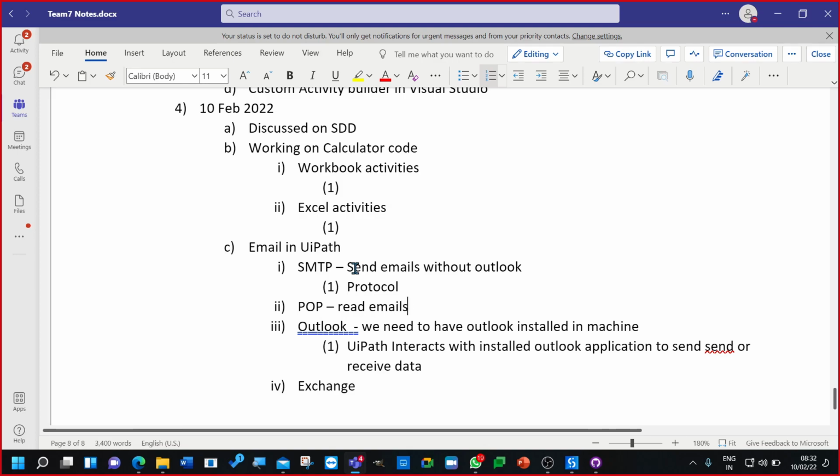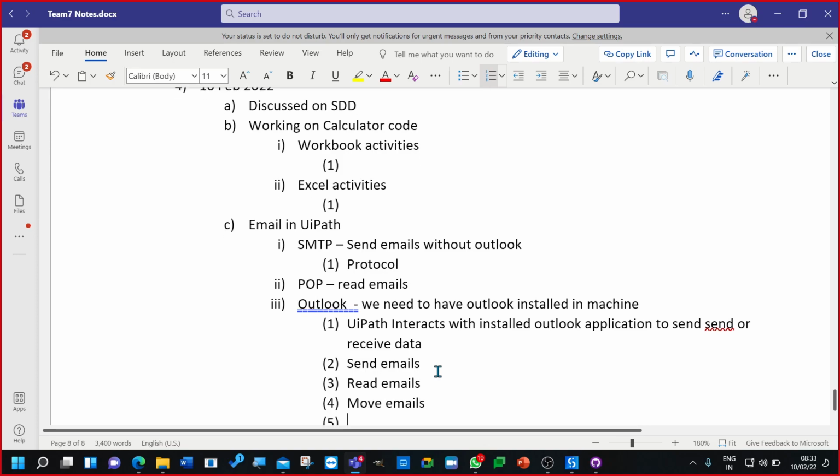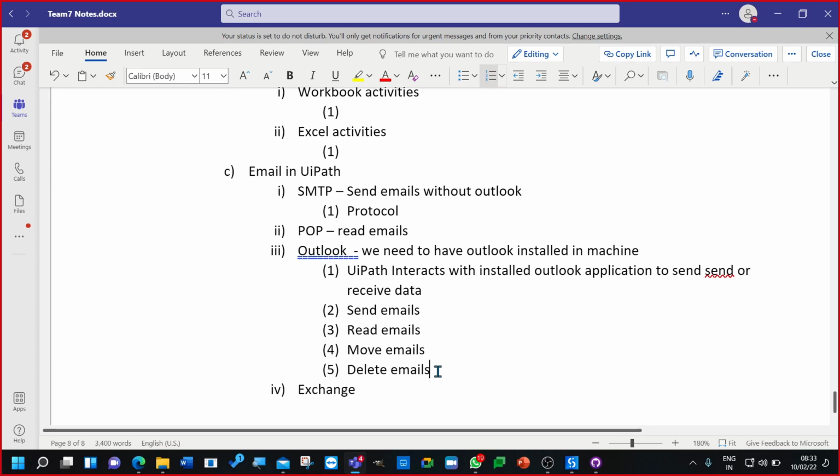Okay, other than this you cannot do anything. See, there are limitations, right? But using Outlook, what can we do? We can send emails, we can read emails, we can move emails, delete emails. So all these activities can be done with Outlook because here UiPath is not working, but Outlook is working and